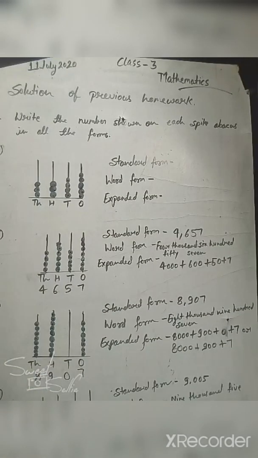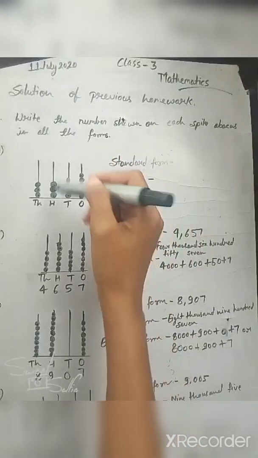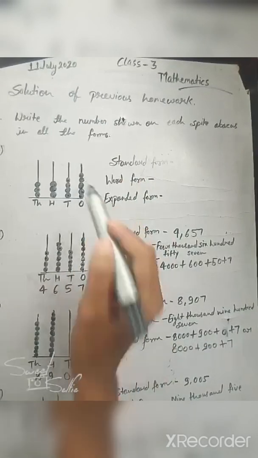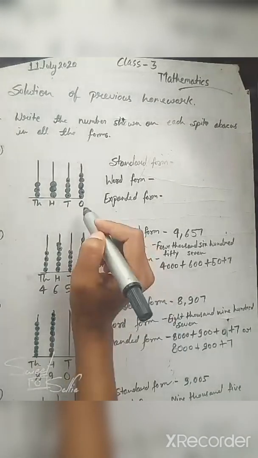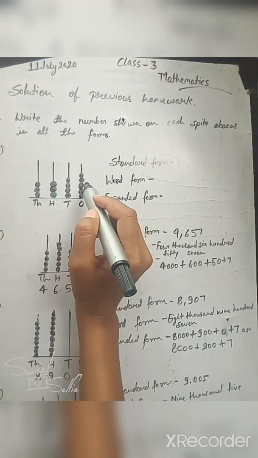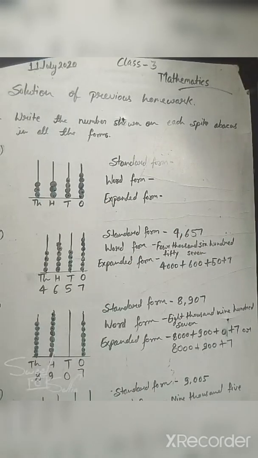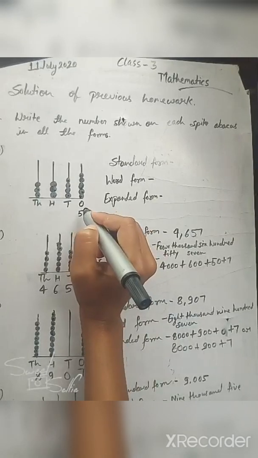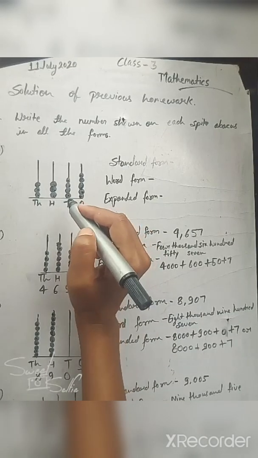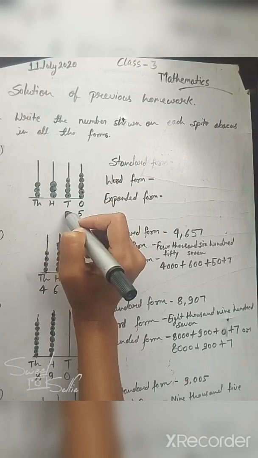In C we can see this is an abacus, and these vertical lines are spikes and these small points are beads. Okay, so we have to count these beads and write it. So my dear students, count it. How many beads are here? So there are 1, 2, 3, 4, 5 beads at ones place. And now count the beads on tens place. So 1, 2, 3, 4 beads on tens place.